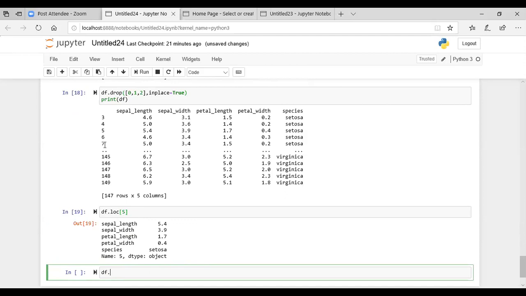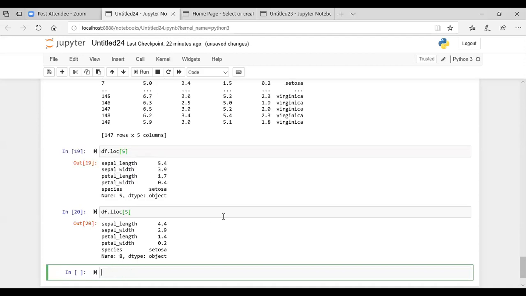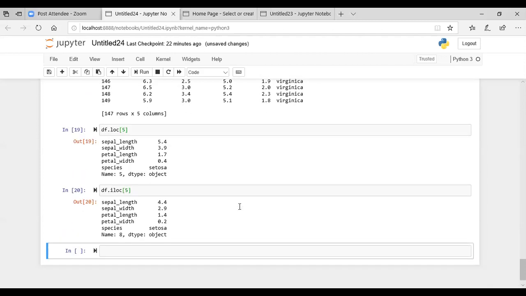You can see here 3, 4, 5, 6, 7, 145, 146, and so on. So instead of numbers, had it been some other string, you could have used that here. And let's say you don't know the name of that particular index, and you want to delete the specific row by index number. Here you can do that with the help of iloc. Mention this 5, so still it will give you the same thing as df.loc of 5. So i stands for the integer value it will correspond to.